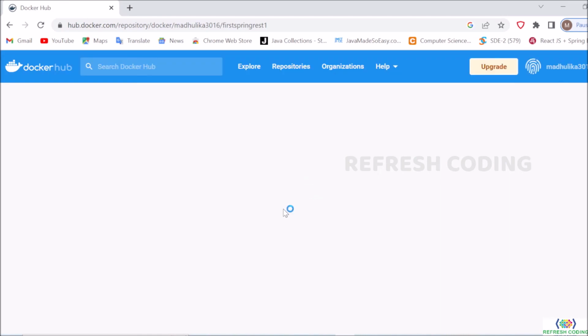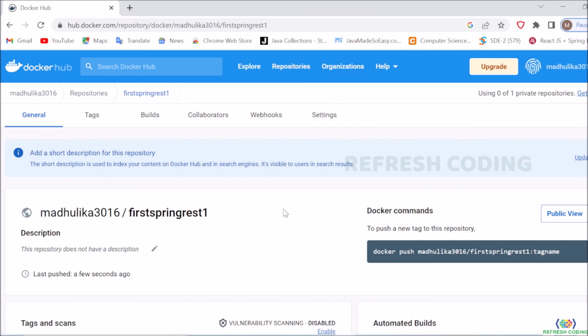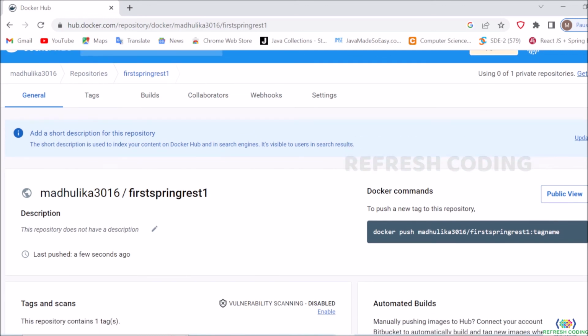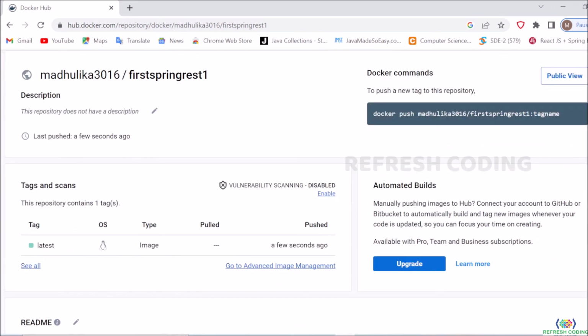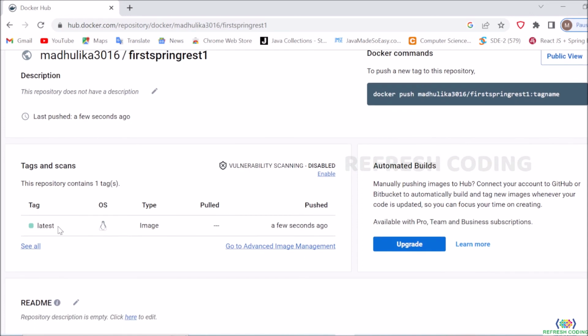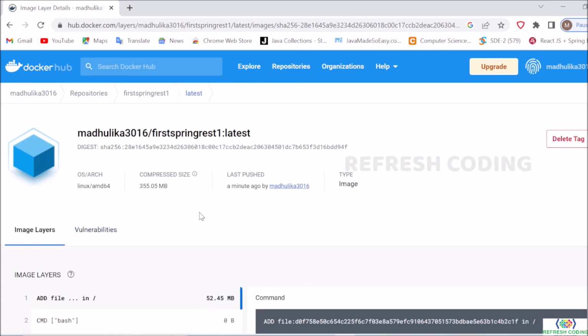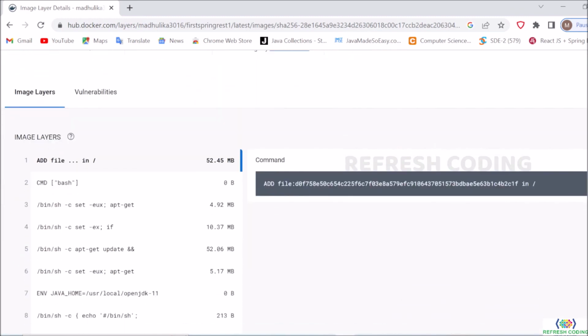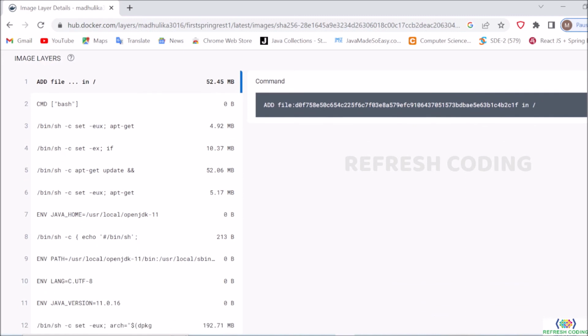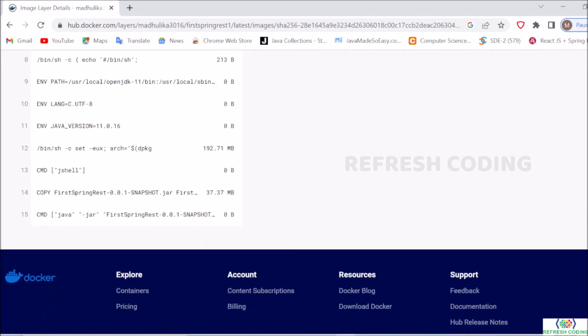Now you are working with your system. You have created the image in your system and you have pushed it to Docker Hub. Now suppose there is someone in the deployment, they can pull this image anywhere on any system. Doesn't matter it is a local system or it is a cloud. They can just simply pull this image and they can deploy it. So that is why Docker is so much useful. So if you can see now, here we got the image. If you check this latest now, here the latest was the tag which we have created and this is our image. So now if you can see, the image is divided into chunks and it will push it in chunks.